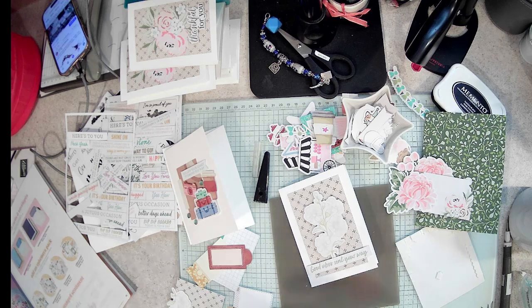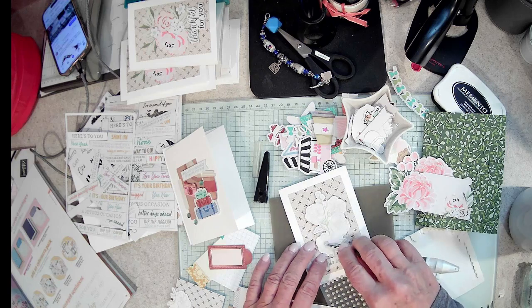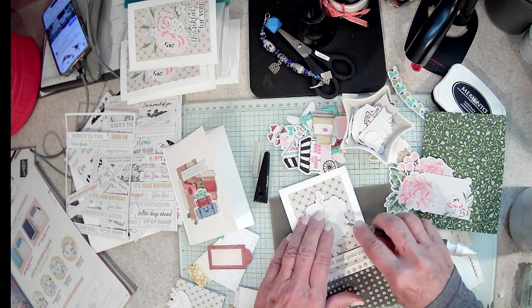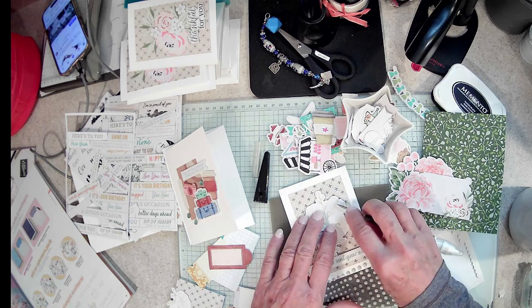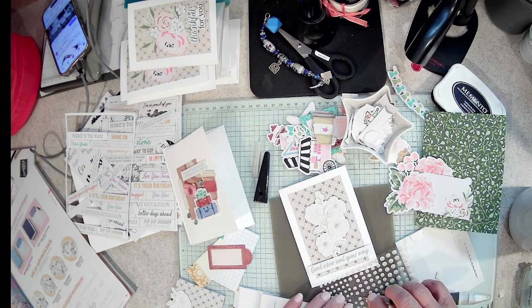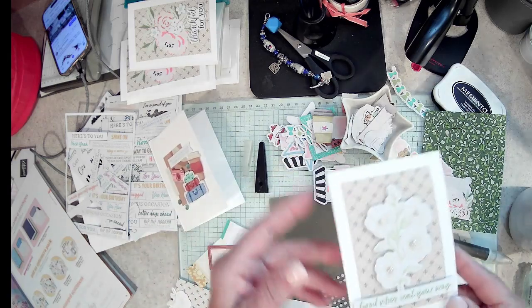Wondering, we have these, they're called antique pearls. And I'm just kind of wondering what a couple of these really pretty pearls might look like as the center of these flowers, and they're gorgeous. Love them. And like I said, I have no idea how this will show up on my camera, but just trust me, they are pretty. And I'm just using some different sizes again, just to add